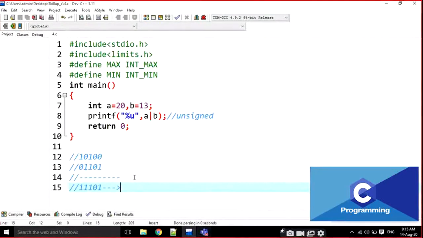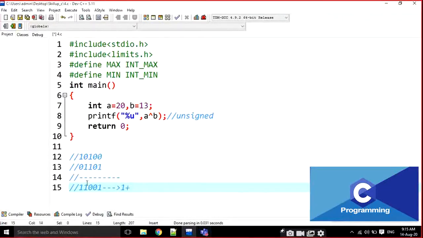How does logical OR operation work? If any value is 1, it is going to be 1. That's why this is called a logical OR operation. Okay. Then XOR, bitwise XOR. Bitwise XOR means if both values are either 0 or 1, it is going to be 0. For example, 1 0 is going to be 1, 0 1 is also 1, 1 1 is 0, 0 0 is 0 and again 1.